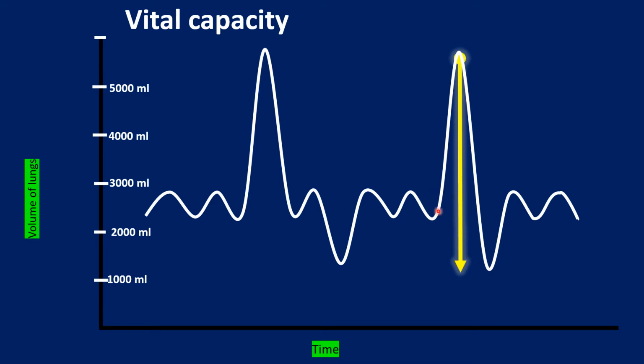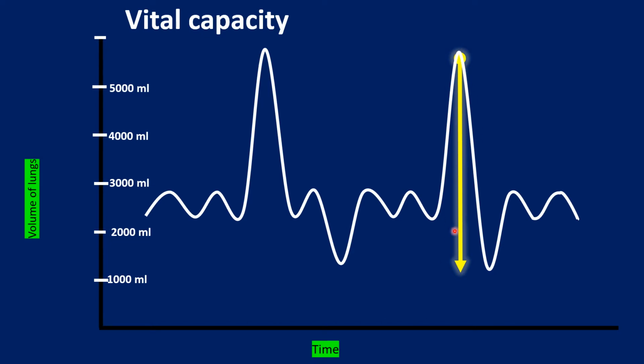So we'll define vital capacity as the amount of air that can be expired with the maximum effort after the deepest inspiration. When we define these volumes and capacities, we can define it in our own way, but the theme of the definition should remain the same. We have to get from the topmost point to the bottommost point. In this way we can define vital capacity as the amount of air that can be expired with the fullest effort after the deepest inspiration.